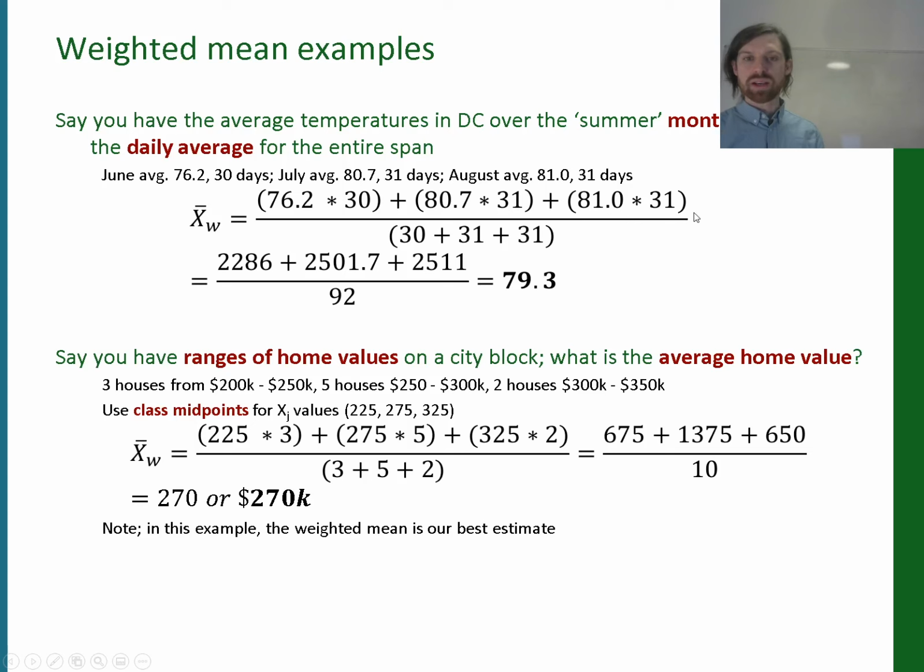So we need to multiply them and then sum them all up, and then we need to divide by the number of data points that we have, which is 30 plus 31 plus 31. When you follow this calculation through, we end up with 79.3 Fahrenheit on average over the summer months in DC. Okay. I think I'll probably keep returning to this next example because I use it quite a bit in the course,